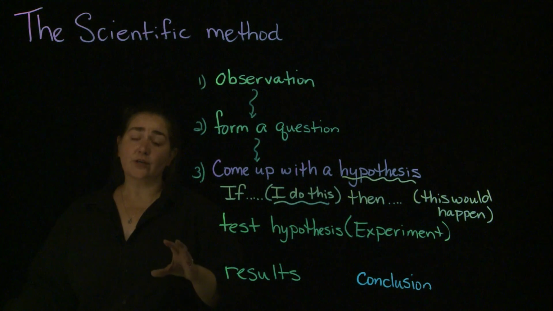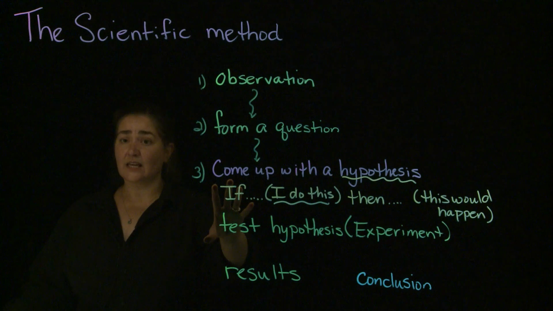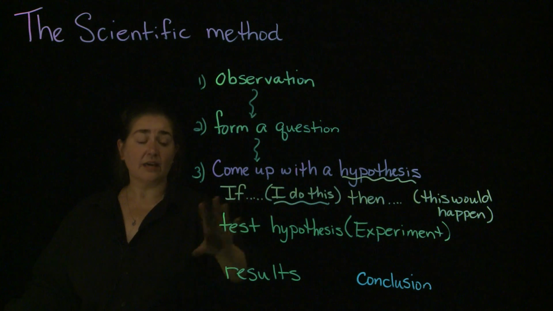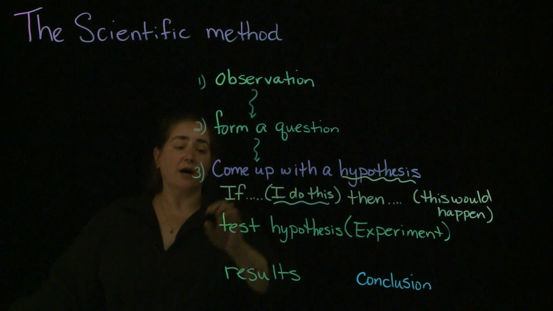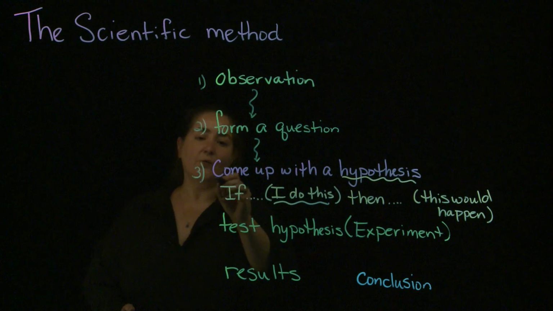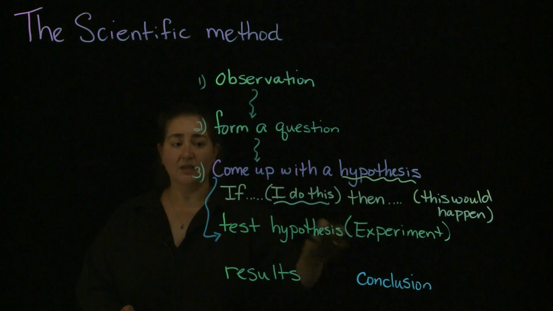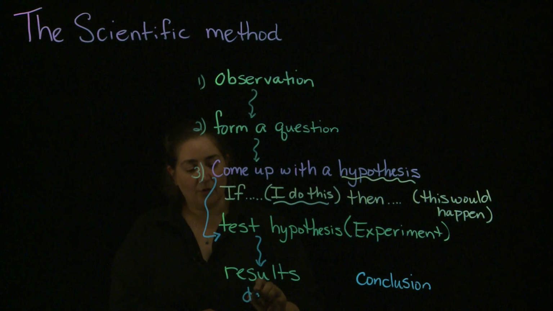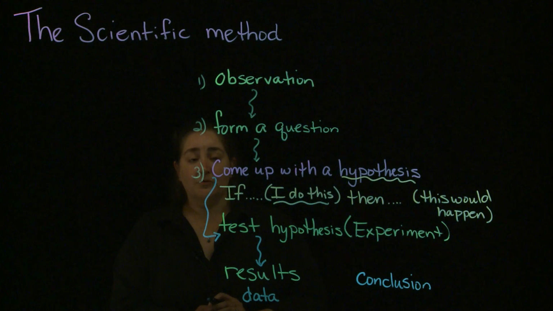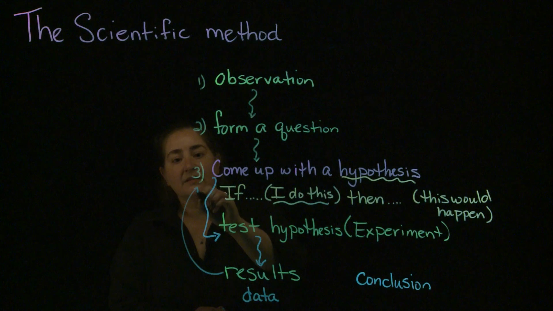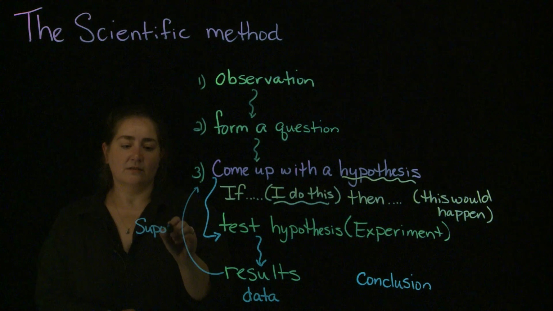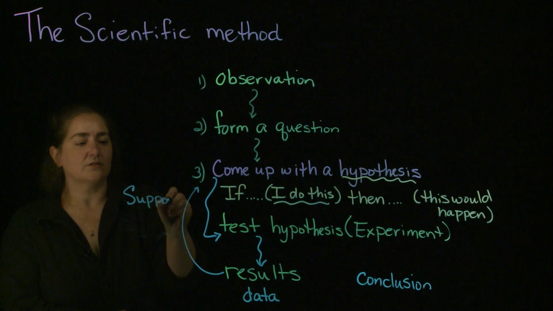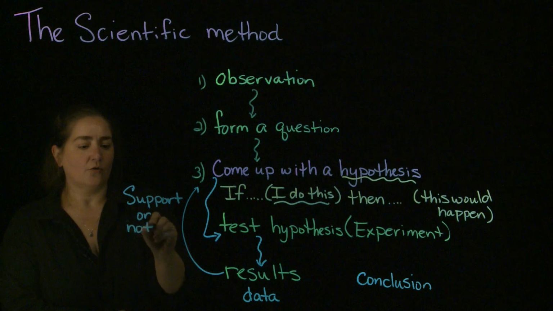And one of the things that's truly amazing about science is that making a mistake or having something not come out the way you expect it to isn't necessarily wrong, okay? What it does is allow you, from your hypothesis, to come up with an experiment to test your hypothesis. From that experiment, you are going to gather results or gather data. And from those results, you can either support or not support